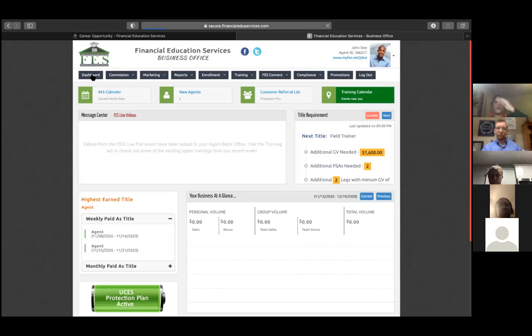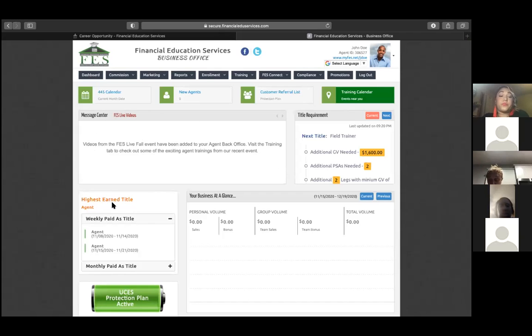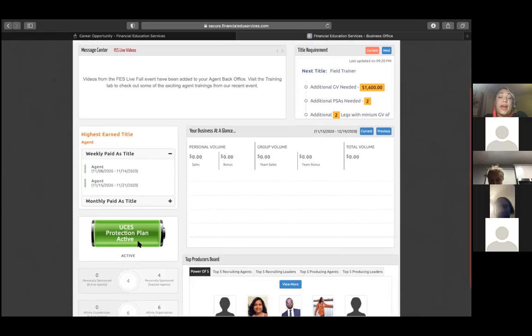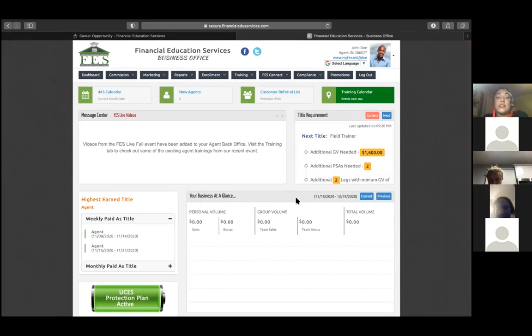Back to our dashboard. On this dashboard, you'll see a lot of things. You have your message center, your title requirements, your highest earned title, and your UCES protection plan battery. On this battery, you will know if it's red that your protection plan payment didn't go through, right? On this section right next to it, it's your total volume. What do you have currently? Above it, you have the title requirements. So what is it that you need to hit the next level, the next title, or your very first title